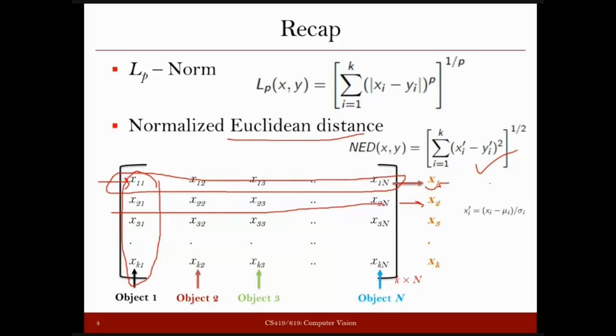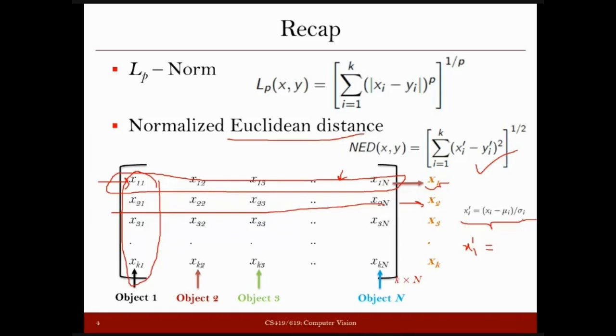Now, how to normalize those values? For normalization, we saw this formula, where x prime, the new value for xi, was obtained by subtracting the mu i for that particular dimension, divided by the standard deviation. So let's say in this formula, you have to calculate x1 prime. How will you calculate mu1? So mu1 is nothing but the average of all these values that you see for all these objects with respect to the first dimension. If you just take all these values in this particular area, sum them and divide by n, you will get the mu. And similarly, by using all these values, you can calculate the variance.